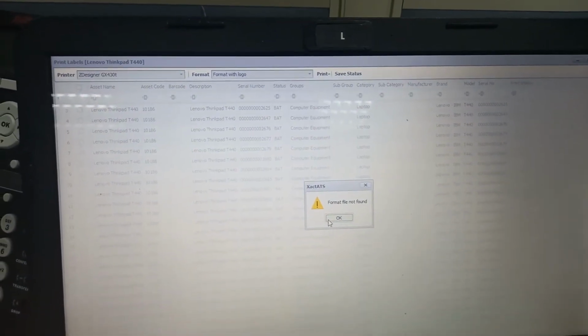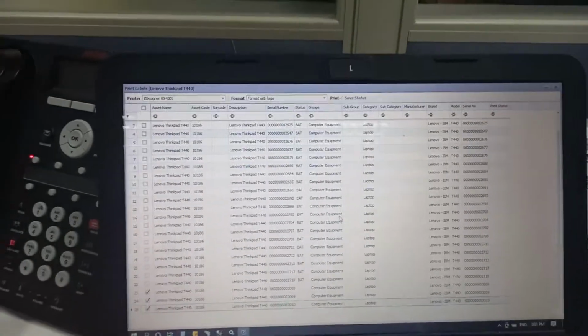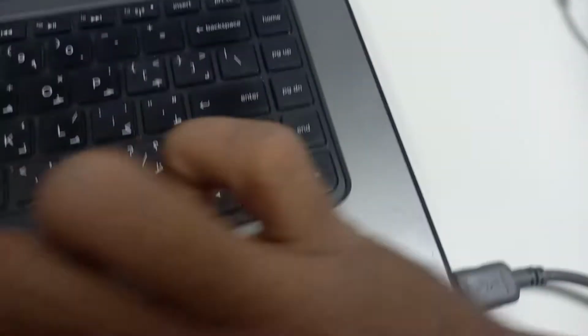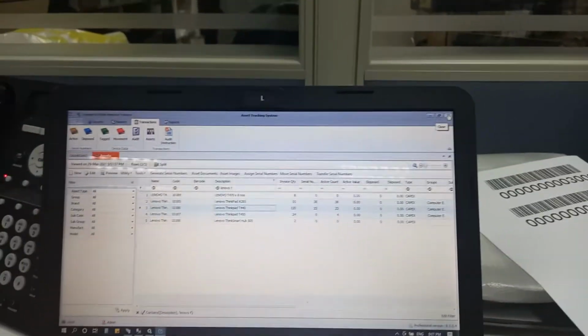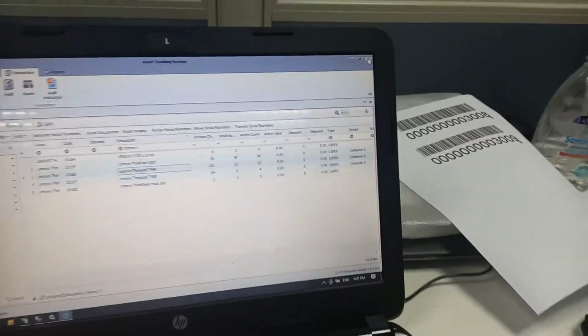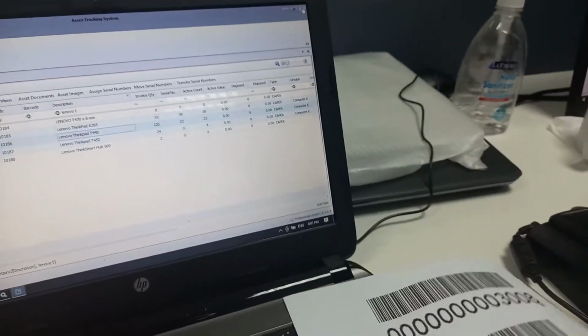Anyway, once you print, the labels are automatically printed from the barcode printer, which is connected through a USB cable. Here the printer is not connected, so we have that particular barcode on an A4 sheet for demo purposes.